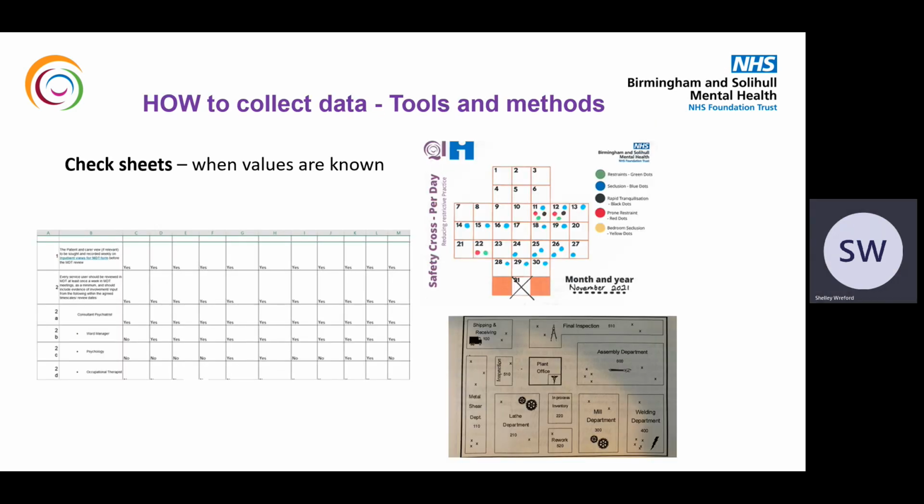In terms of where you might get your data from, where possible, try and use existing data available. This is particularly useful for your outcome measures because you're going to be collecting data for these measures for the life of the project and potentially beyond. Where it is not possible to use data already being collected elsewhere, keep data collection as simple as possible. There are two main basic forms, check sheets and recording forms.